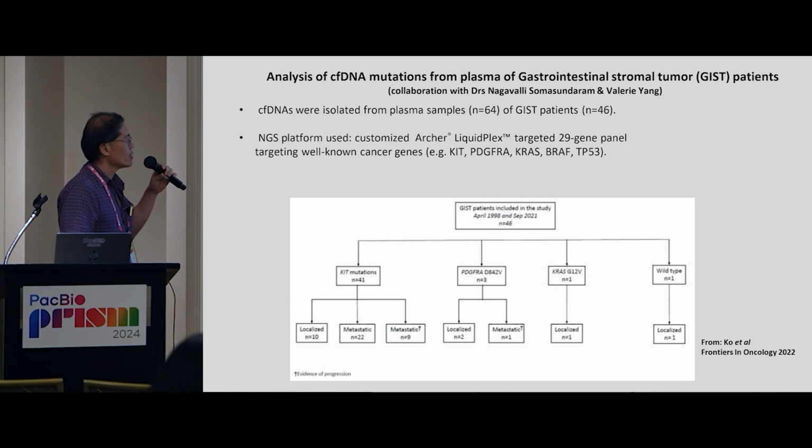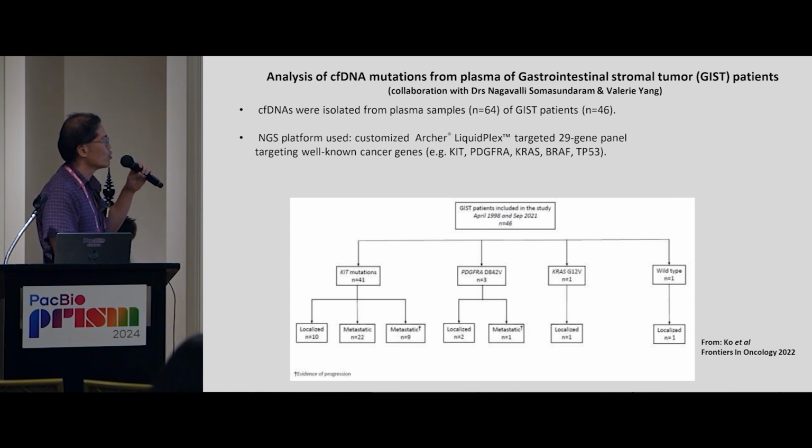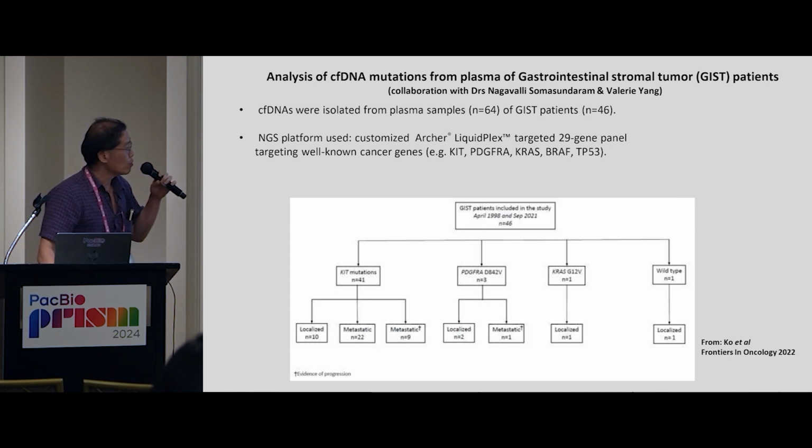For looking at variants, at that time we were using the Archer LiquidPlex. Originally, it has a 28-gene panel. We included one more gene because we've shown in a publication that it's important in GIST. So this is the distribution of the different